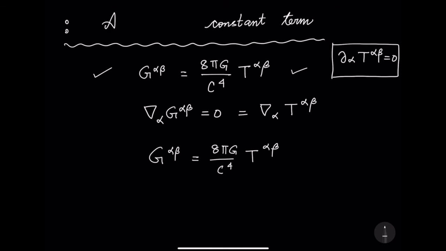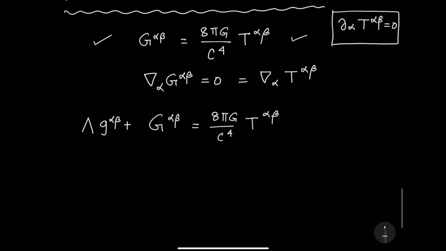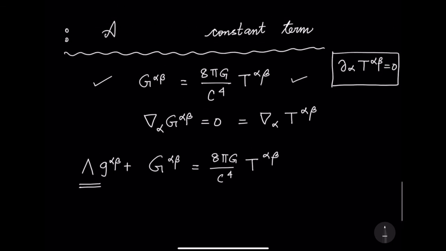But remember that the integration constant is an integration constant, which means that if I take the covariant derivative of that, it should also go to 0. And one thing we know of which the covariant derivative is 0, and that is g alpha beta. So this extra term that I get is, in this case, a constant. It essentially has to be a constant in this theory,